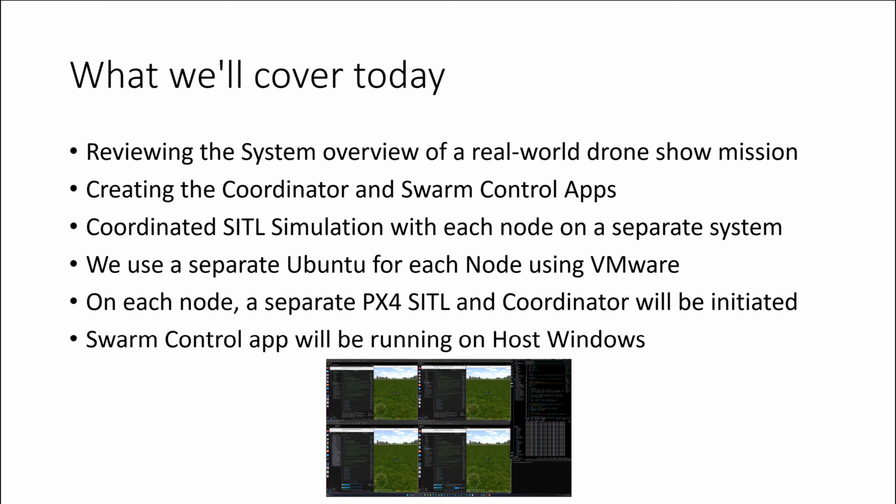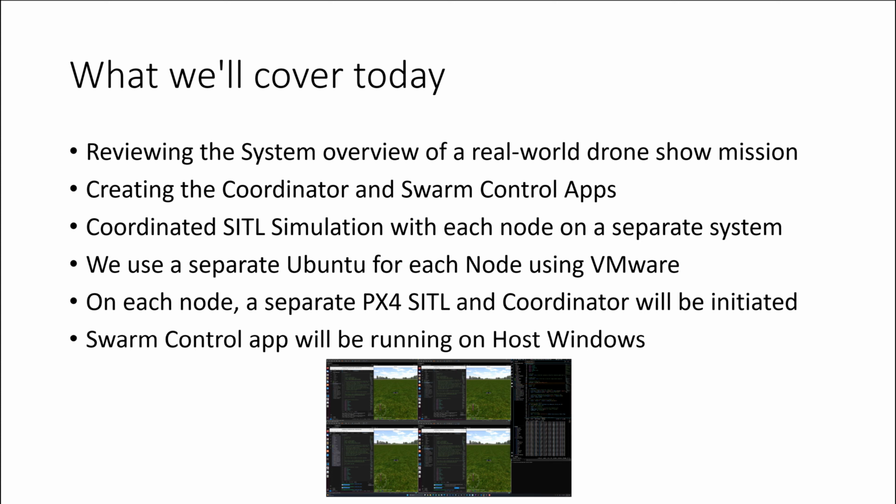Then we're going to create a coordinator and swarm control app. I'm going to introduce two apps for you that are available in version 0.4. One of them is the coordinator that is going to be installed on the drone. The other one is the swarm control app, which is our debug ground control station on the ground. The coordinator will communicate with our drone and do the mavlink routing, checking the config files, communication, sending the state and telemetry to the ground station, getting the telemetry and the commands from the ground station,